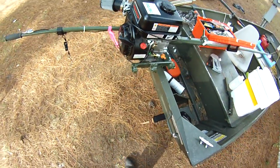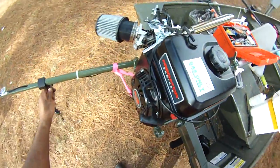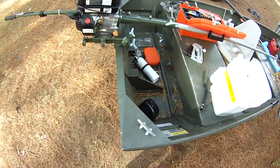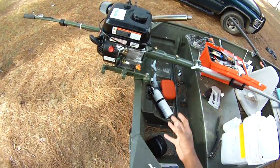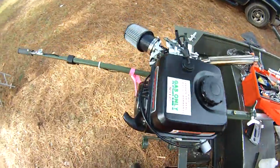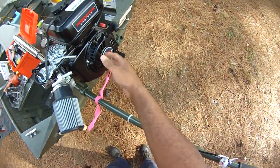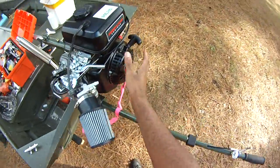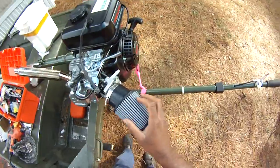Snappy. Oh boy, that is a snappy, fiery little motor there, man. Gosh, I wish I had a dyno so I could actually test the before and after. I mean, we have basically transformed this little 212 cc thing, but it only produces 6.5 horse stock. There's no reason this motor can't produce 10 horsepower,